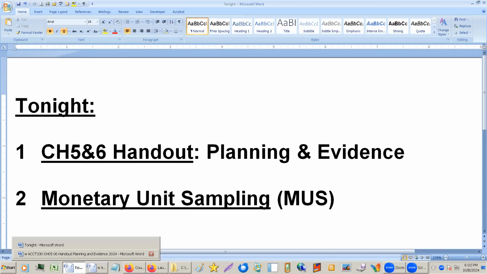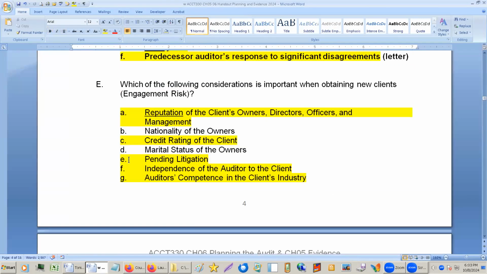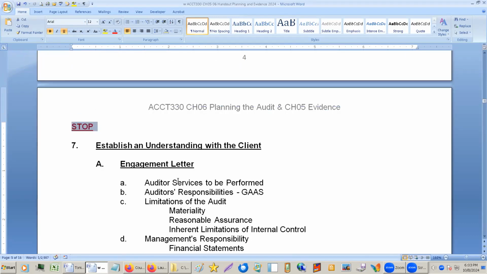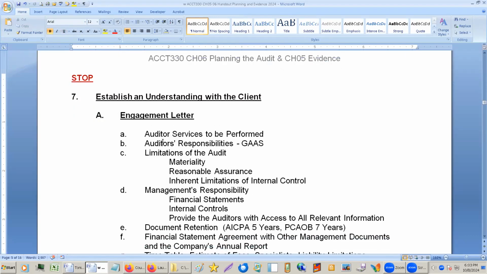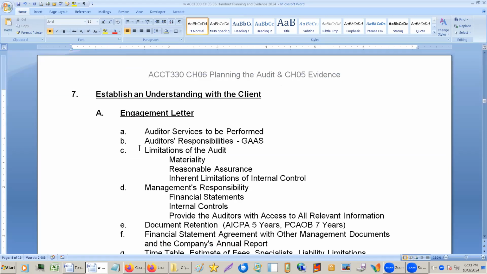Okay, tonight, let's jump right into chapter 5 and 6. We'll pick up where we left off. So I think we're on page 5. Okay, so